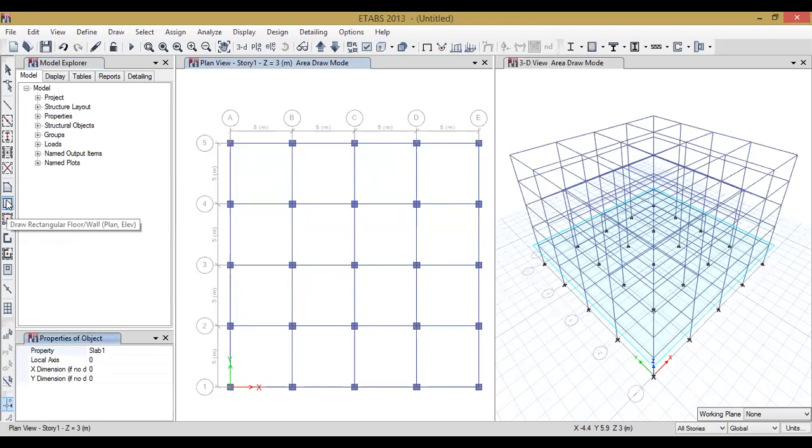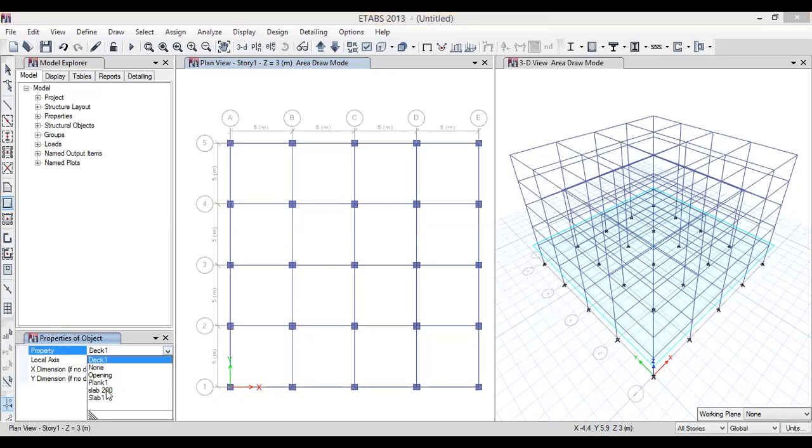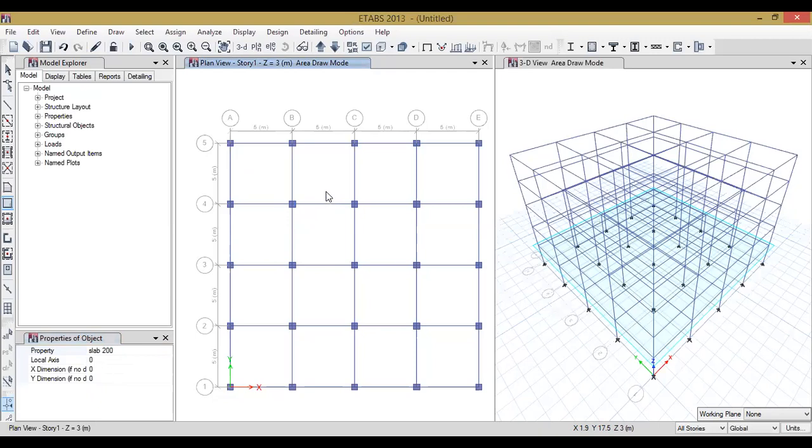After clicking here Draw Rectangular Floor, make sure the slab property is selected as Slab 200, which is our defined slab property, right? So after selecting Slab 200, just click over the rectangular box appearing in the plan.